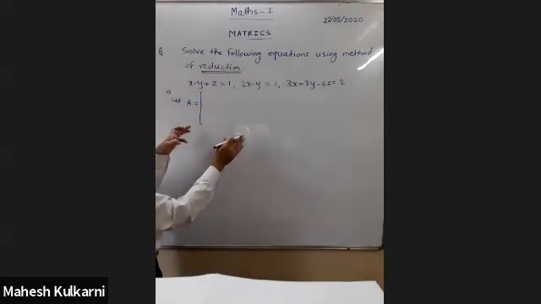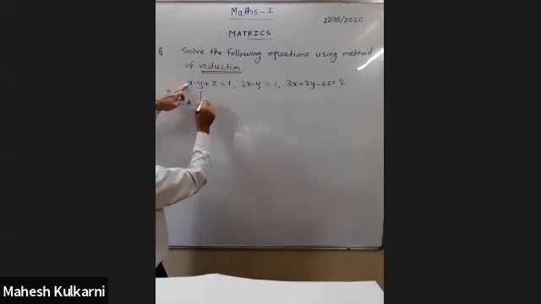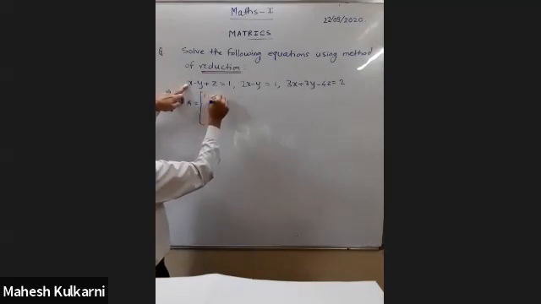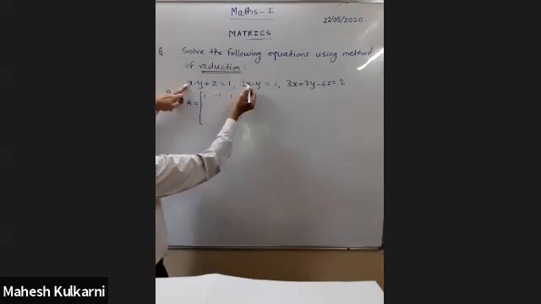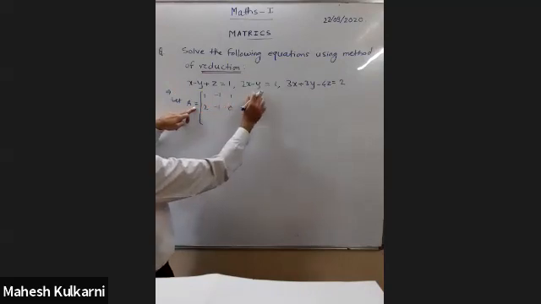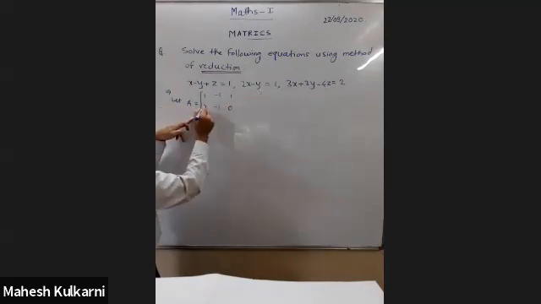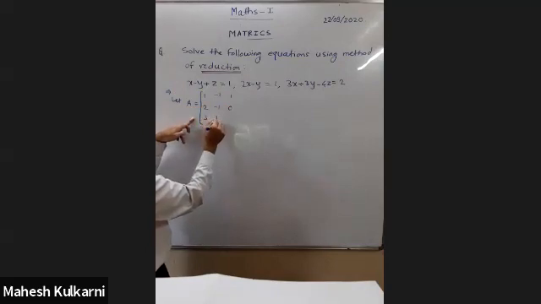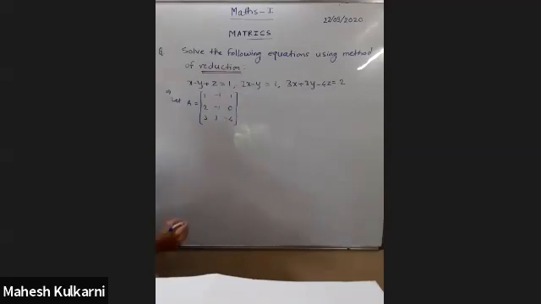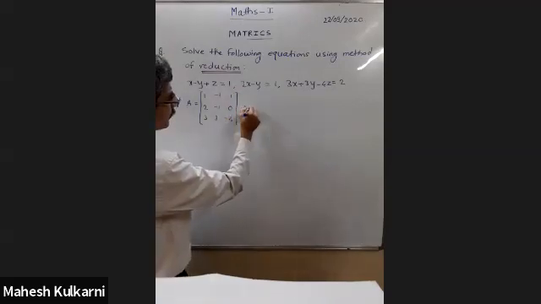Now this matrix should be 3 by 3 matrix. See the coefficients of the first equation are 1, minus 1, 1. In the second equation, coefficients are 2. Coefficient of y is -1, and then no term containing z, so coefficient 0. And in the third equation, coefficients are 3, 3, minus 2. So this is matrix of coefficients.